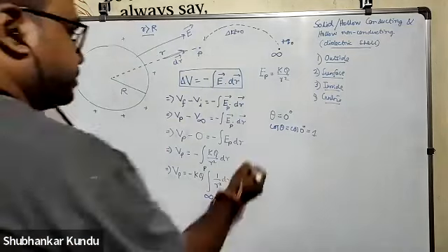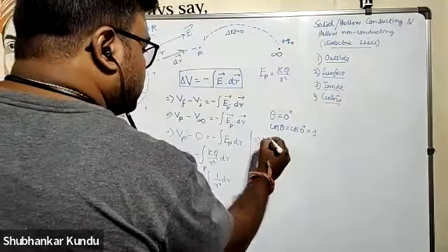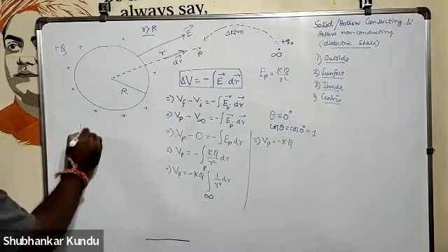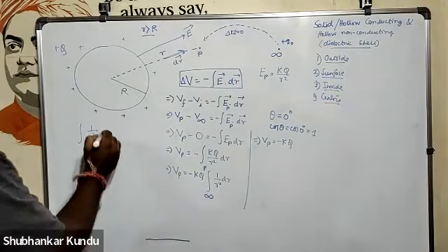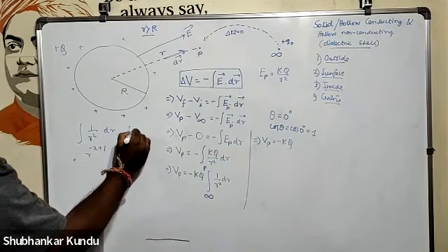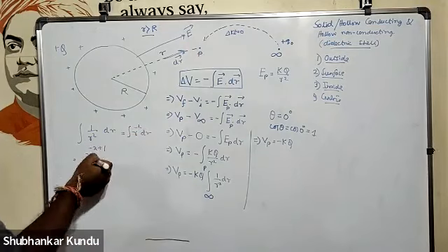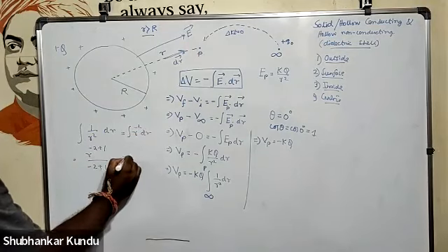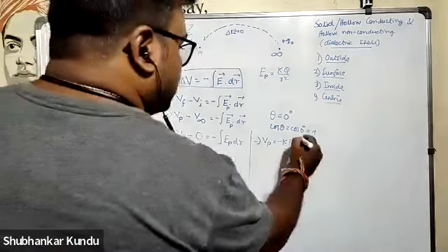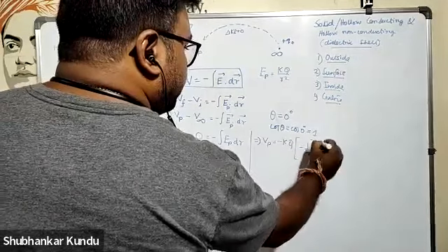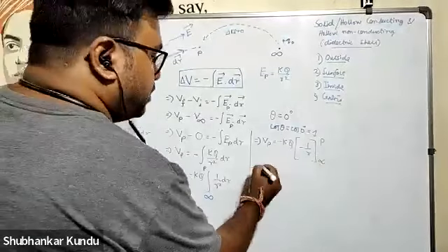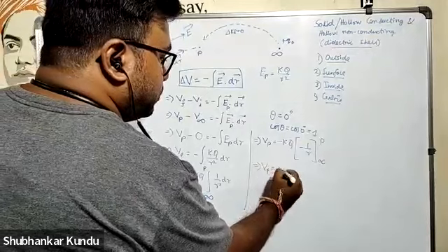Okay. And what will be the integration of 1/r² dr? Integration of r^-2 dr will be r^(-2+1)/(-2+1), r^-1/-1. That means -1/r. So this will be -1/r between P and infinity. The minus sign will come out and make the entire thing positive. So Vp = KQ